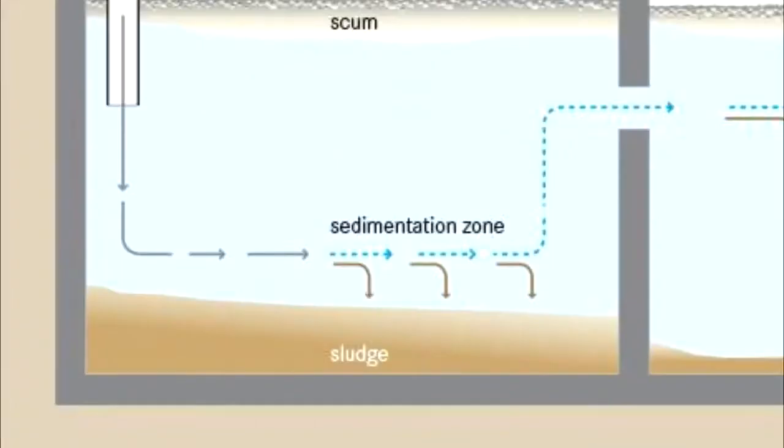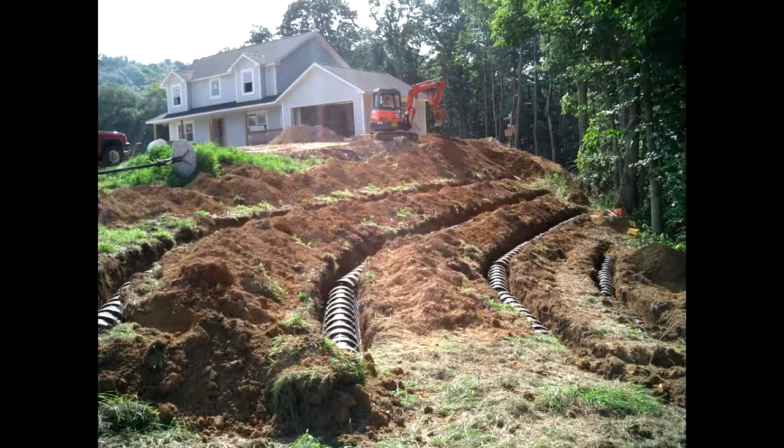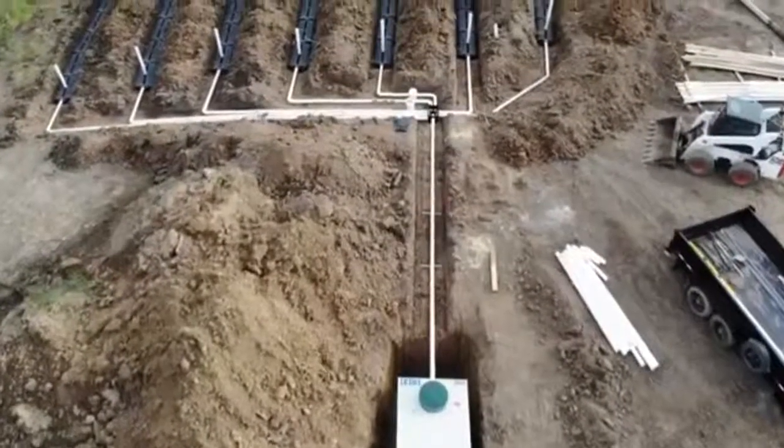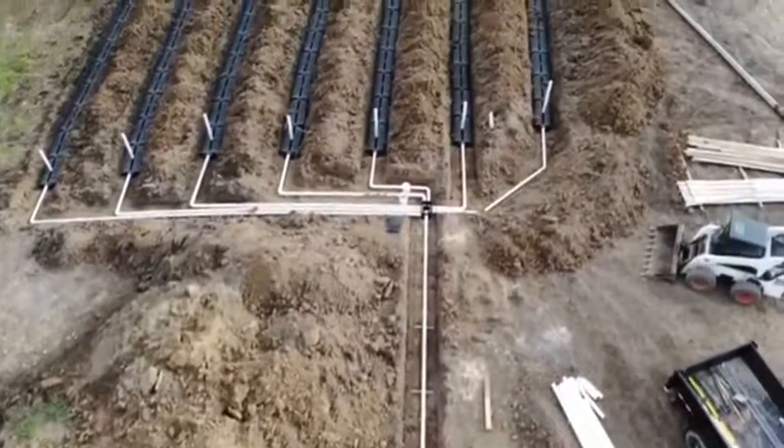The heavy particles would sink, while the fatty residues would rise to the top part of the septic tank. After this segregation, the wastewater would flow to the next portion of the system, which is the drainage field. The soil that encloses it acts as the system's natural filtration for the wastewater before the drainage field releases it